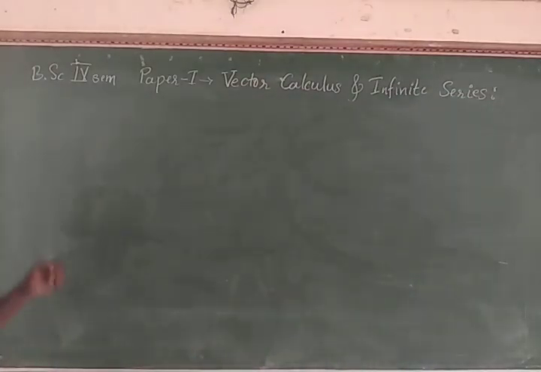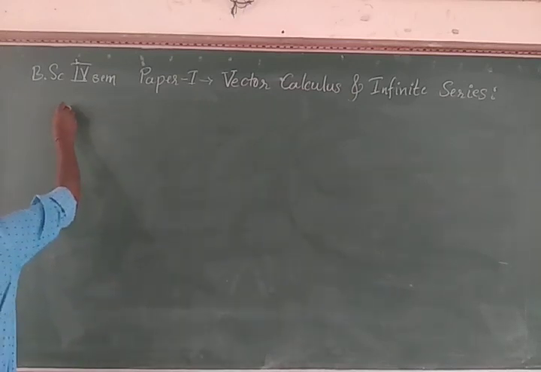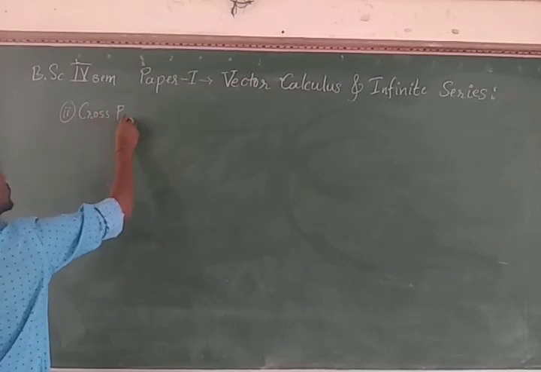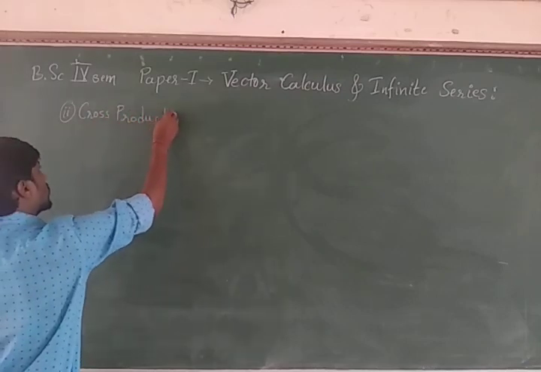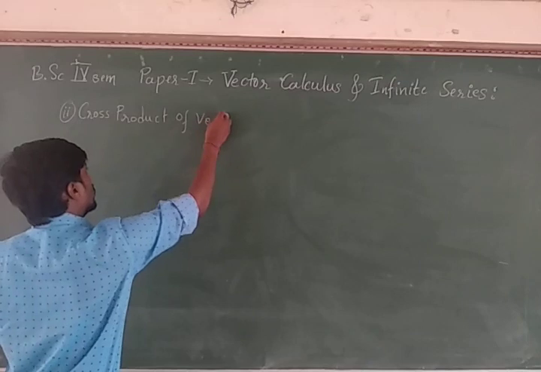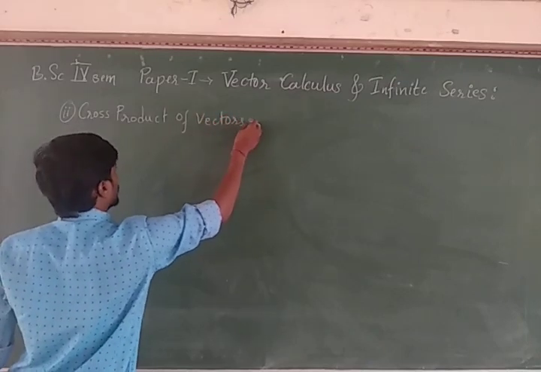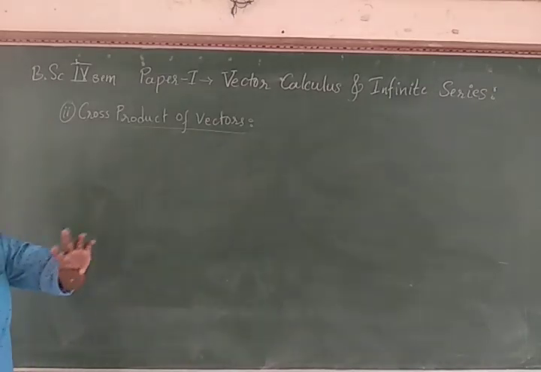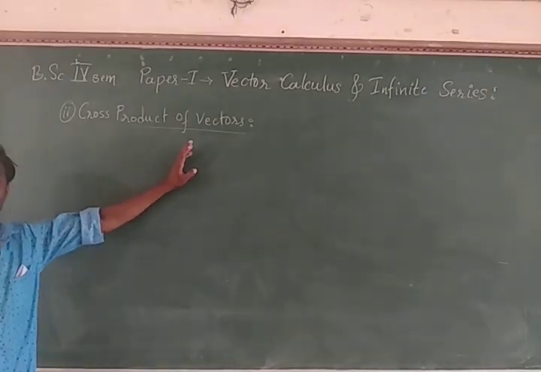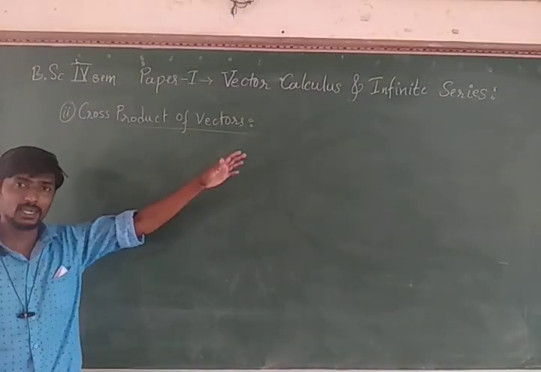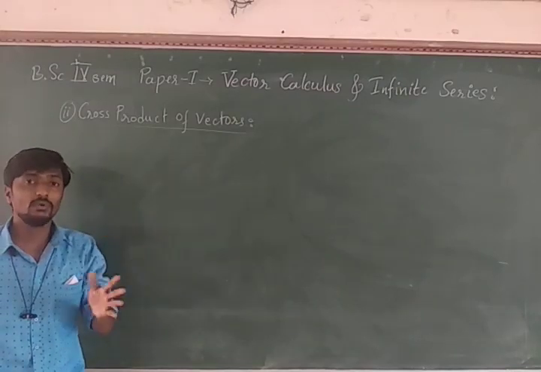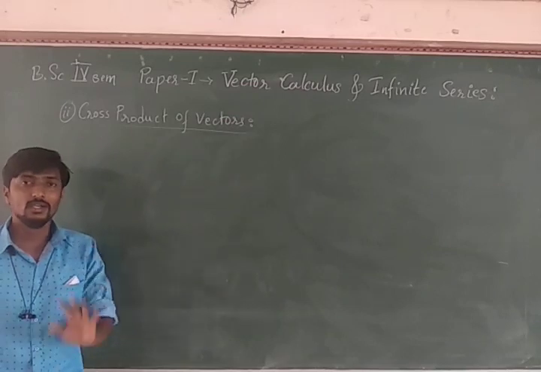Okay, so let's move on. Another concept of vectors is the second one, the cross product of vectors. So one we studied was the dot product, and another is the cross product. On this theory of dot and cross products, the scalar triple product of vectors, we'll solve more examples. First understand what the theory is.